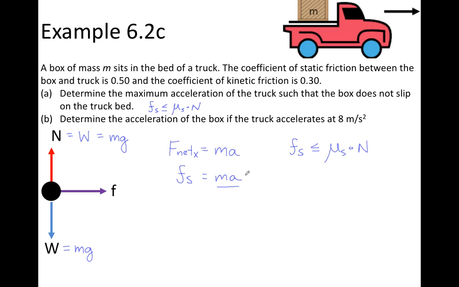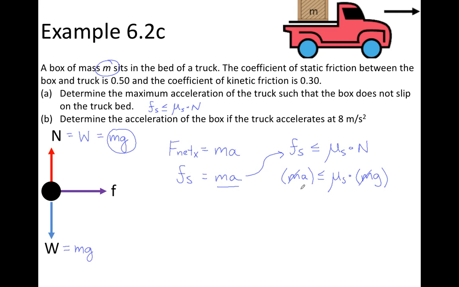Static friction has to equal m times a. So I'm going to substitute m times a for static friction force. And that value cannot be greater than mu s times normal force. Well, I have an expression for normal force. Normal force is m times g. So I'm going to make another substitution. I'm going to substitute m times g for normal force. And here's the point of me not giving you the value for the mass, because the value of the mass does not matter. A heavy box or a light box would start to slip at the same